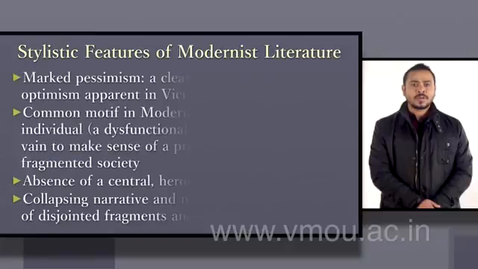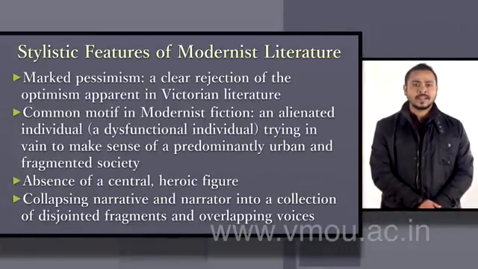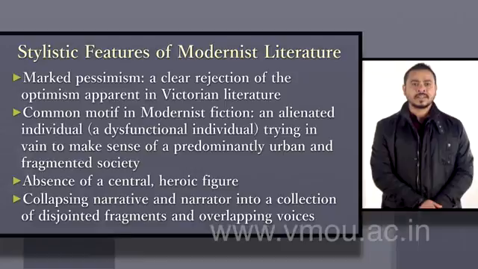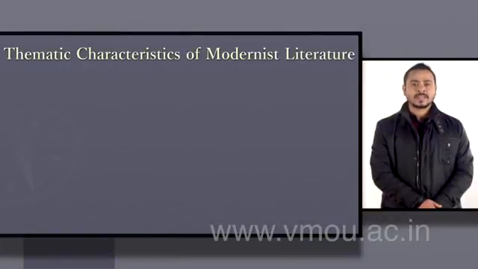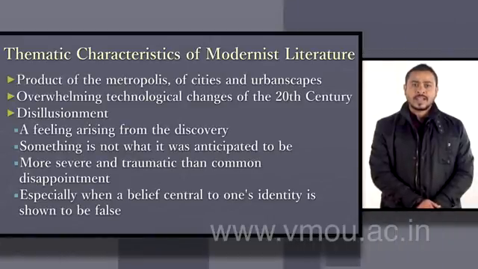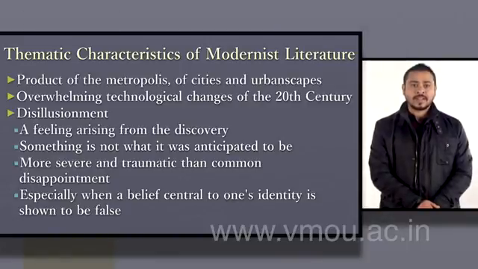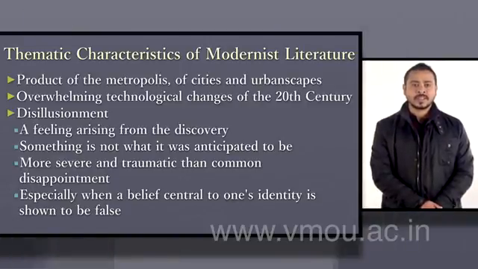The common motif in modernist fiction has been the alienated individual. There is no hero, no central plot or central story, and there is a concern for larger factors such as social or historical change. Virginia Woolf's Mrs. Dalloway is one of the examples. Social norms and cultural sureties are broken down. There is a dislocation of meaning and sense from its normal context. There is a rejection of history, and the mythical past is rather highlighted. So the alienation of the individual and the artist, society as fractured and culture as fragment are highlighted. There are questionings of the value of cultural norms.